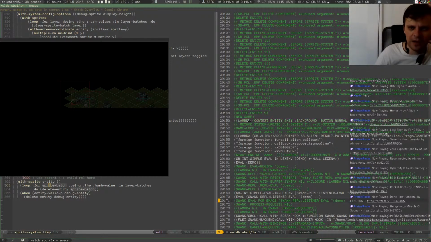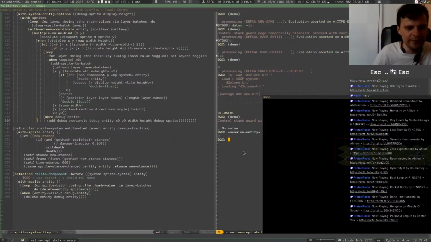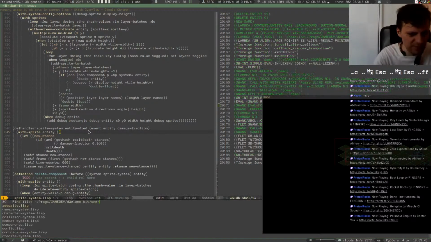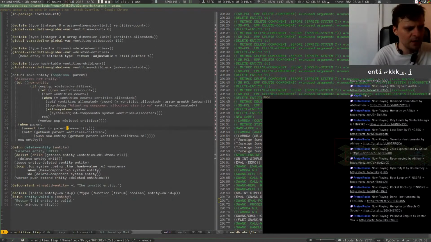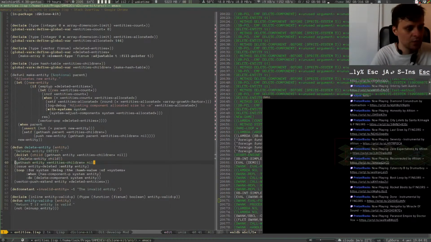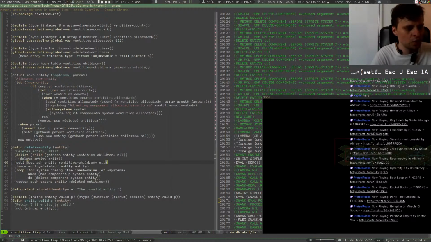Oh, I think I can see the problem. I can do double delete at some point because I'm not clearing those children actually. So in entities here, after I delete all of the entities, I'm not deleting the list. Yeah, sure, exactly. I think that's the problem here. So I need to basically setf with that to